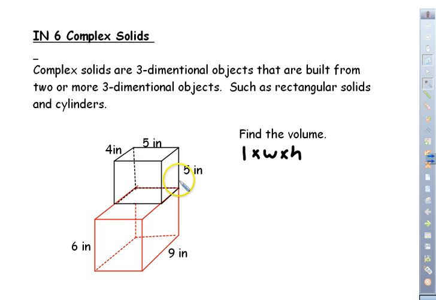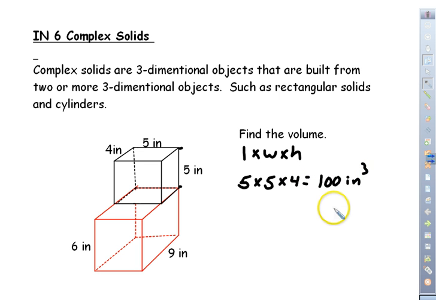So again, this is 5 going from here to here. And that's my height. This is my length, and this would be my width. So 5 times 5 times 4, which is going to be 25 times 4, is going to give me 100